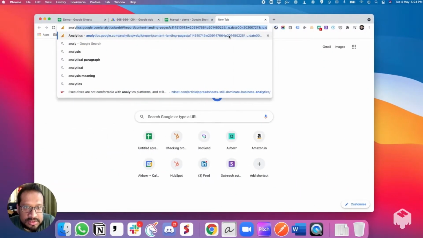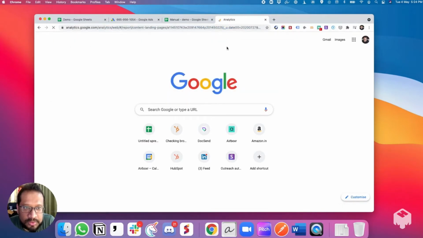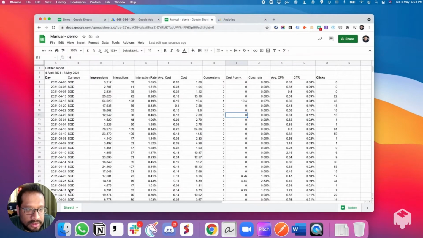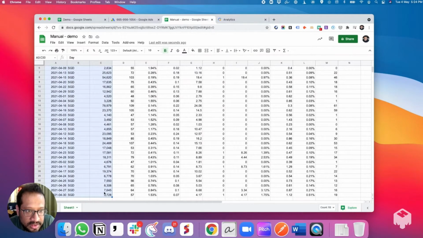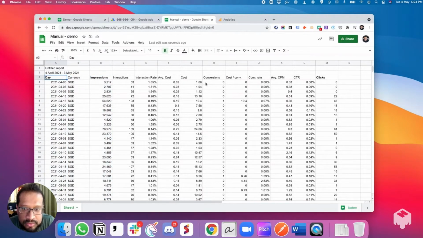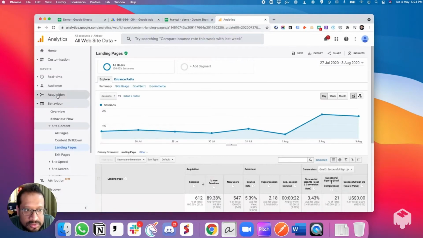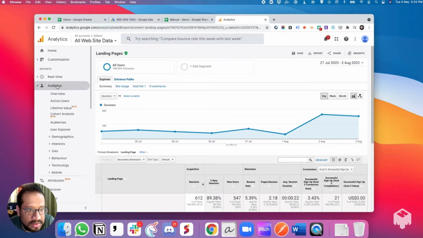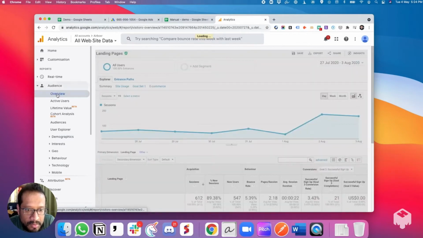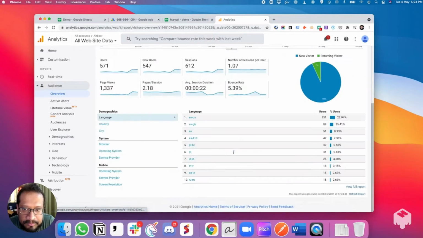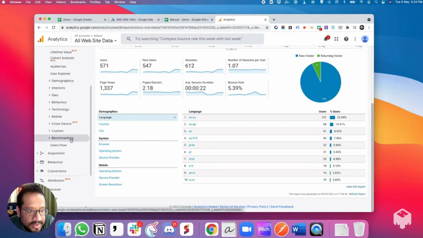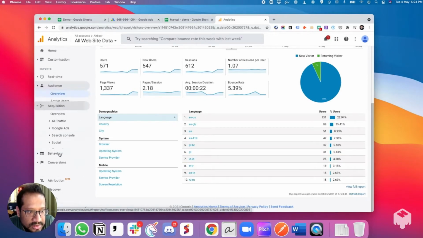Now let's download the next two columns from Google Analytics. So I'm just going to open up Google Analytics in another window. Quick reminder, we're looking for all the information segregated by day, arranged by day, and we need a couple of more metrics from Google Analytics. So let's go into Google Analytics and let's see, maybe it's within audience. It should be within the audience. Maybe not. Let's look at acquisition,